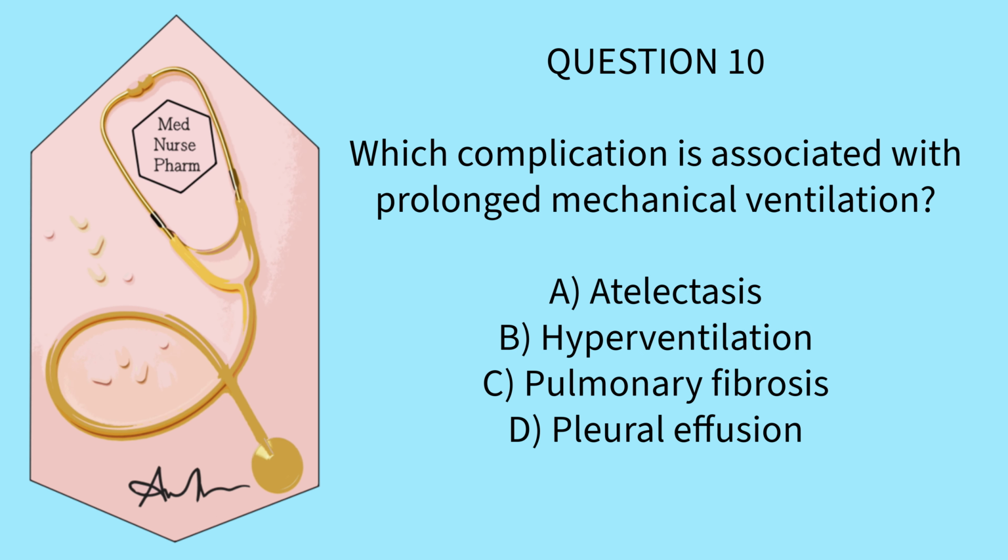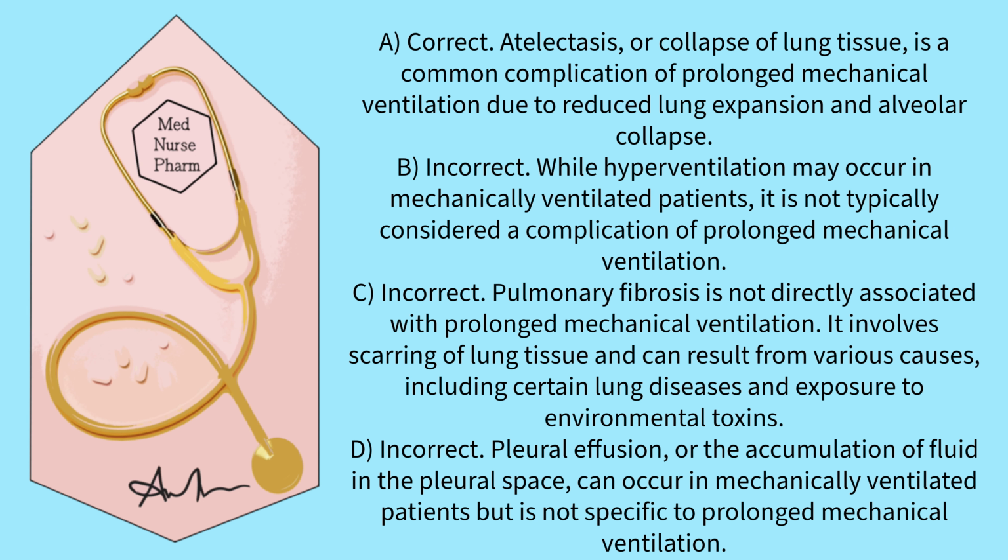Question 10. Which complication is associated with prolonged mechanical ventilation? Atelectasis, hyperventilation, pulmonary fibrosis, pleural effusion. Pause the video and select your answer. If you chose option C, you are correct. Atelectasis, or collapse of lung tissue, is a common complication of prolonged mechanical ventilation due to reduced lung